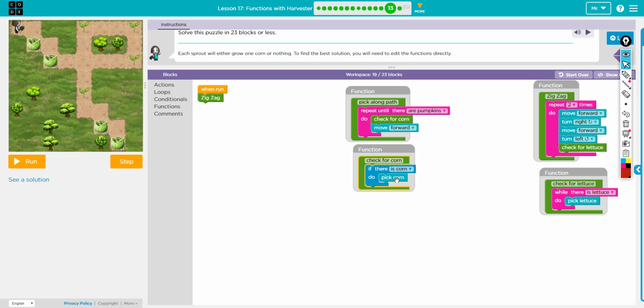If there's corn, we're going to pick the corn. And I think that works because, remember, the sprouts are going to grow one corn or nothing. And then the next is pick along the path. So we're going to repeat until there are pumpkins, check for corn, and move forward. And we're noticing right away that this sounds a little bit off because we don't have any pumpkins. So we're going to have to fix this